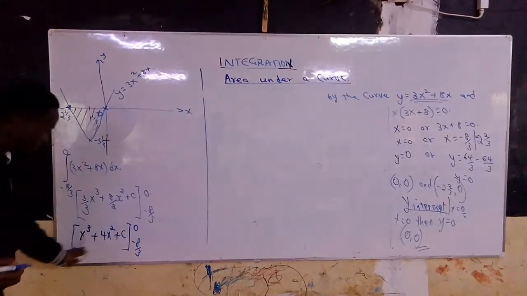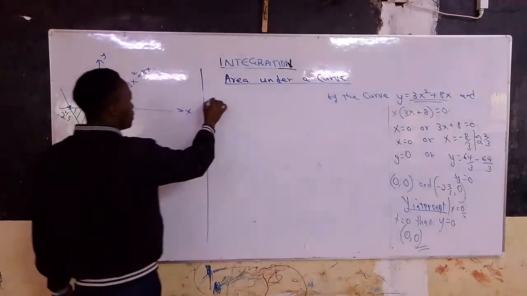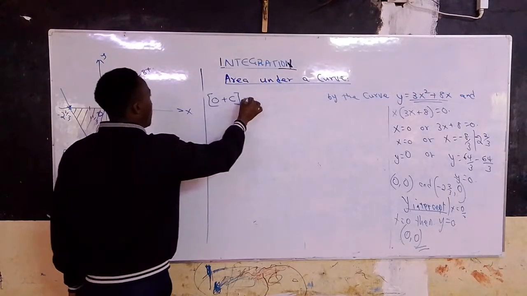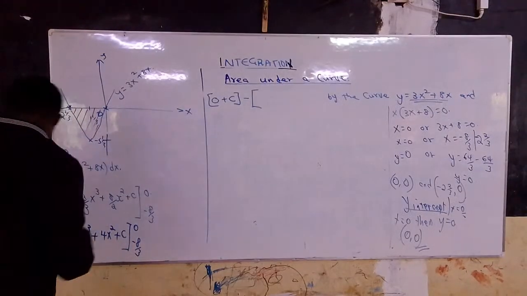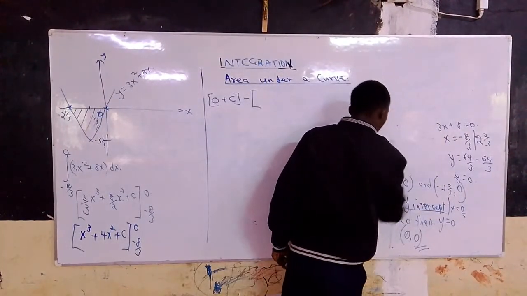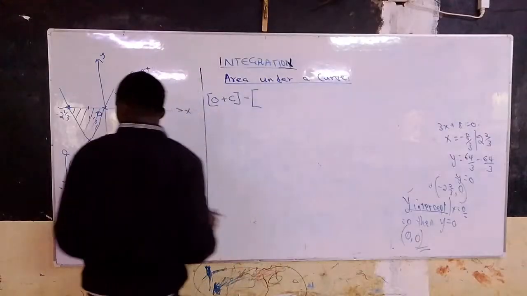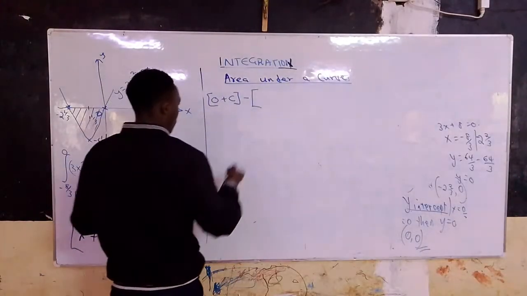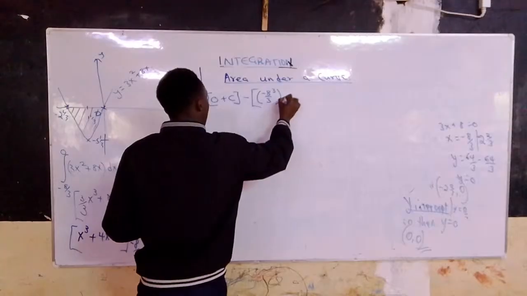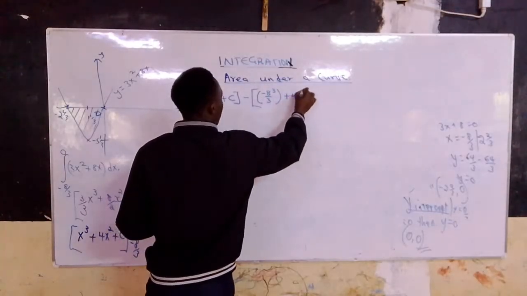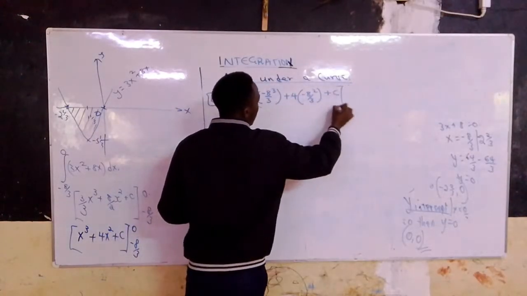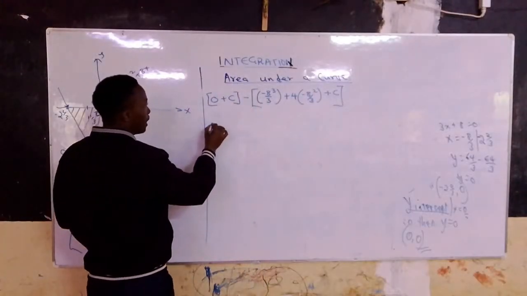When we substitute 0 into everything here, it will be 0, so it will be 0 plus c, minus, and we substitute the second one, negative 8 over 3 cubed plus 4 times negative 8 over 3 squared plus c, and by doing that we will have c